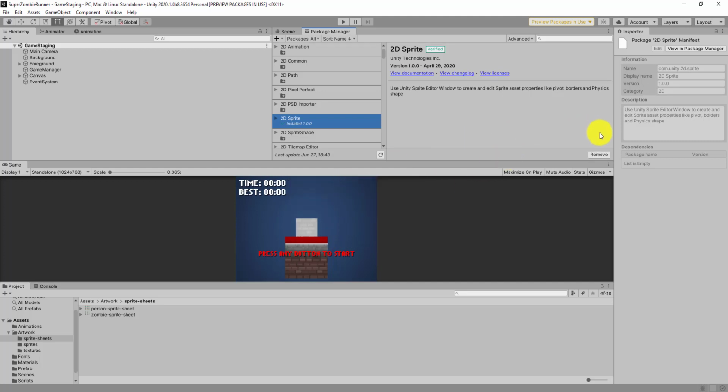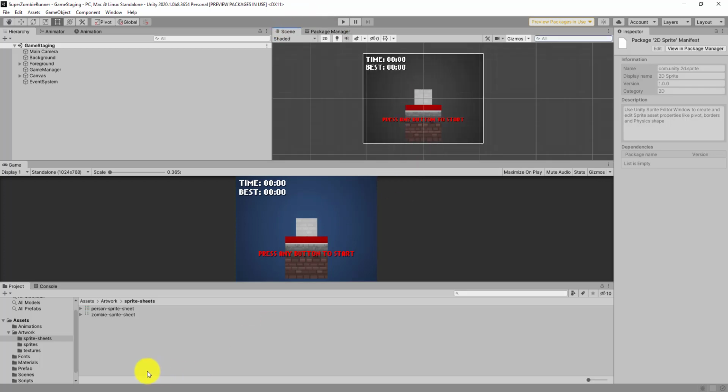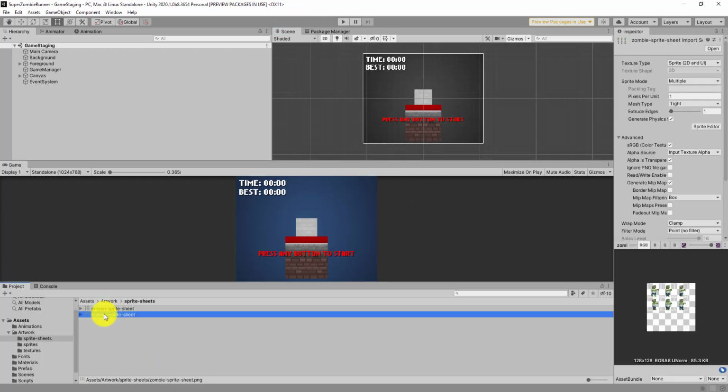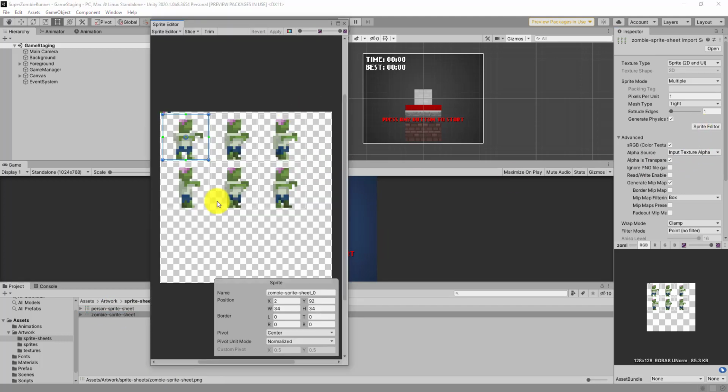There you go. So now it's done. Let's click our sprite, and when you click that Sprite Editor, there you go. Now you can see the Sprite Editor window. So that's how it's